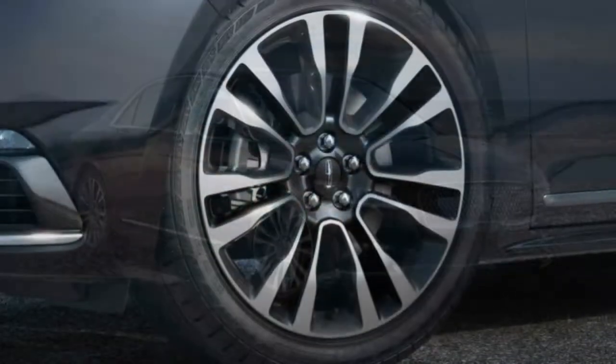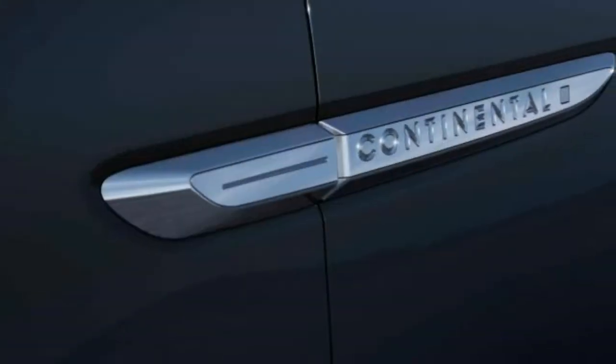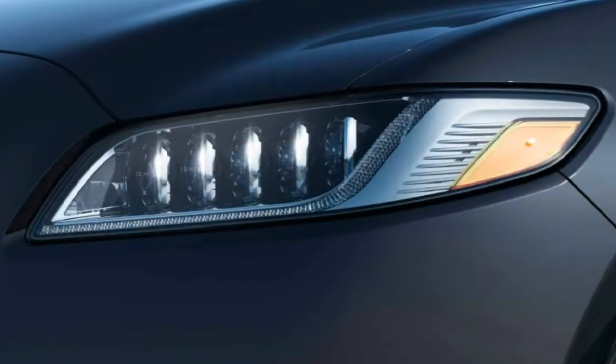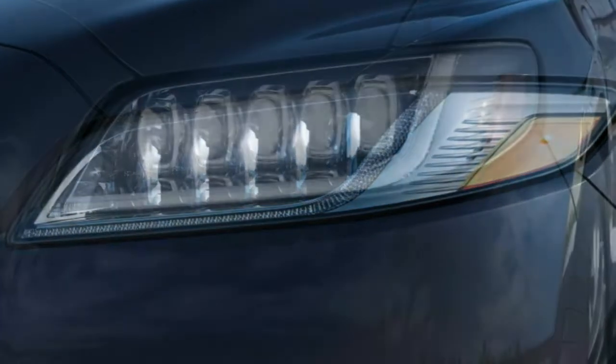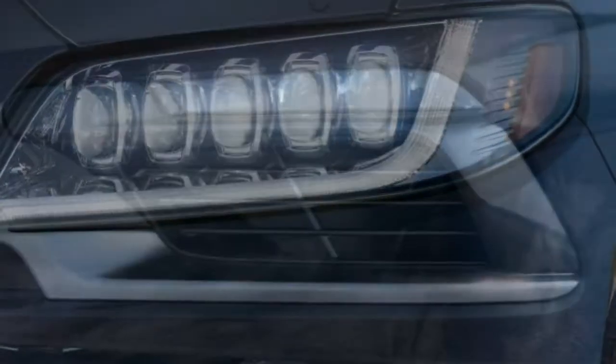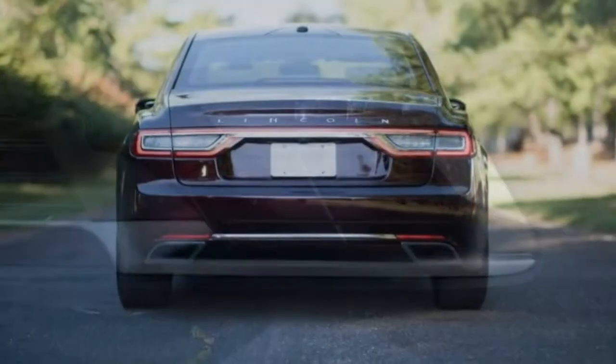The Climate package adds automatic high beams, automatic wipers, a windshield wiper deicer, an auto-dimming rear view mirror, heated rear seats along with a heated tire. The Technology package incorporates the auto wipers, windshield wiper deicer and auto-dimming rear view mirror, together with a head-up display